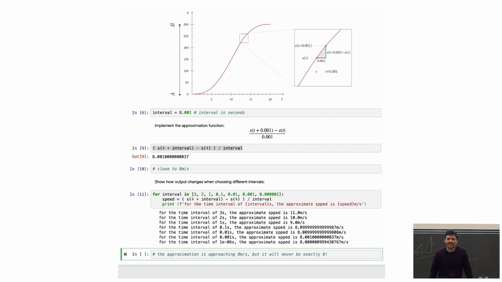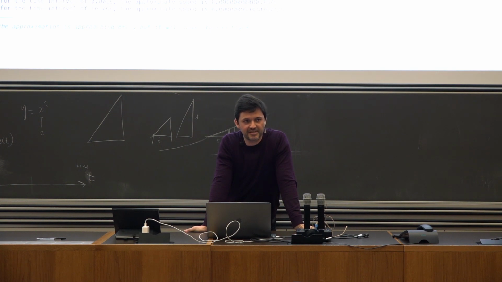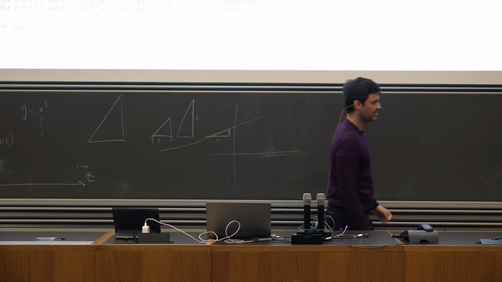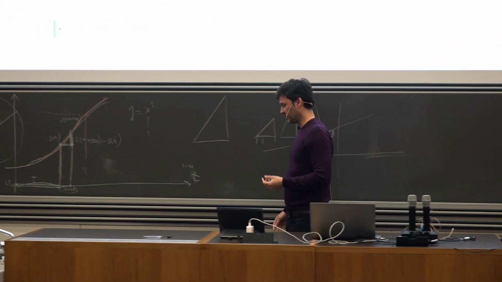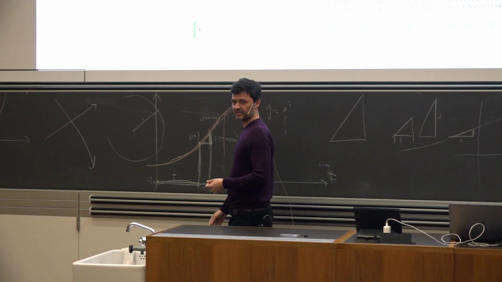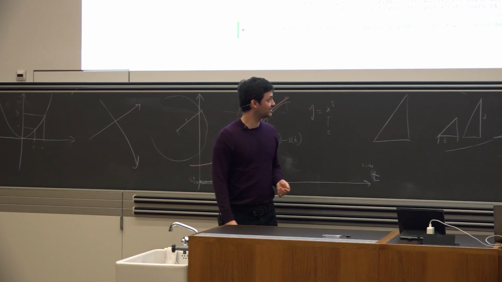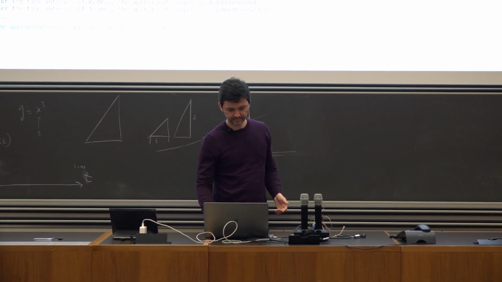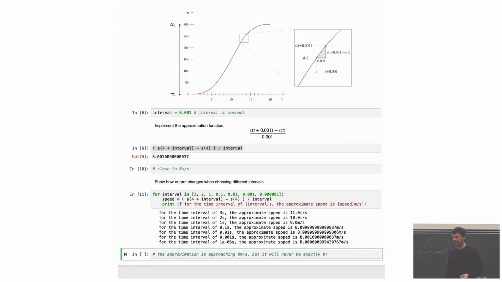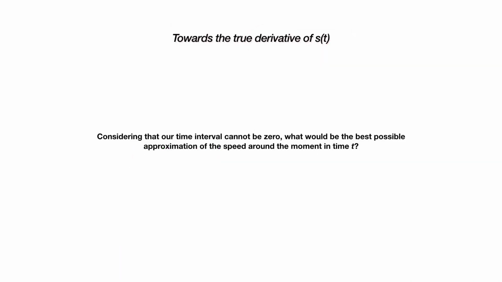The question is, is there a real thing? Can there be a precise value of speed at that point? And this is really a philosophical question. These kinds of problems were bothering mathematicians a lot, especially Newton and Leibniz at that time. The question really is, what is the limit of this operation? How far can you get by trying to optimize better and better? This is the main question we think about now.